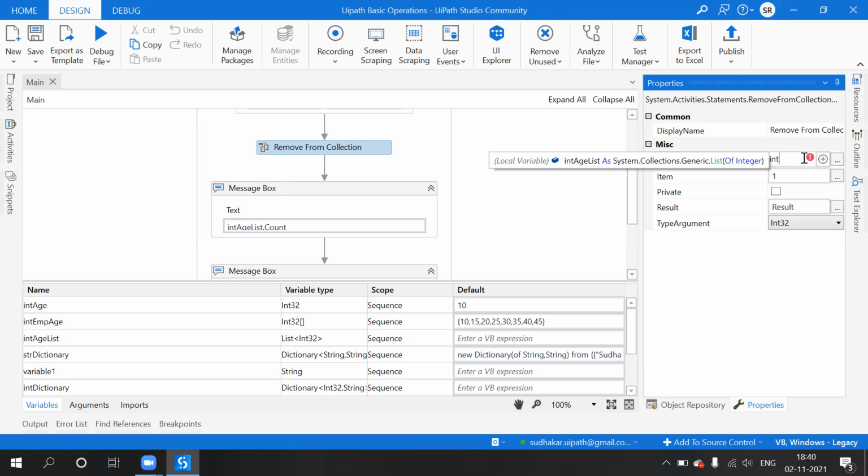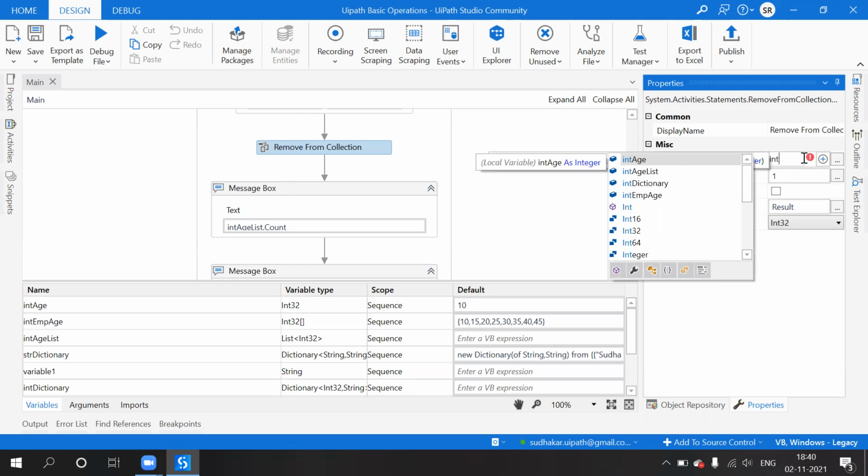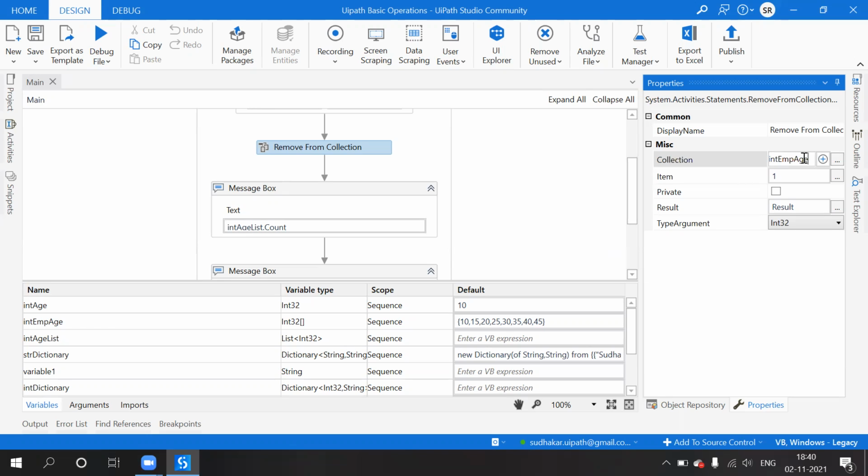So int, emp ages is there, so it will work for arrays as well. Okay, so remove, 35 we will remove.